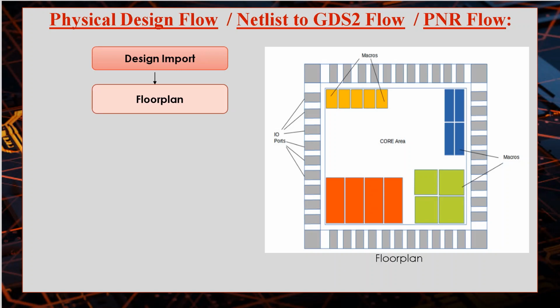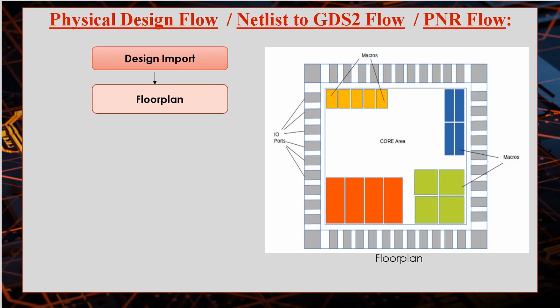The same hierarchy macros must be placed nearby. Like here in the picture, we are seeing the same hierarchy represented by the same color, and they are placed nearer to each other. Floor plan is the most important step in PD because a perfect floor plan leads to a design with higher performance and optimum area, whereas a bad floor plan will create all types of violations and problems in the further stages. Thus, by following the floor plan guidelines, we manually place the macros in the core area by reserving a uniform space for standard cells placement.